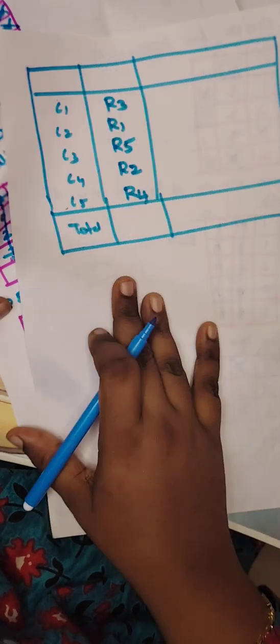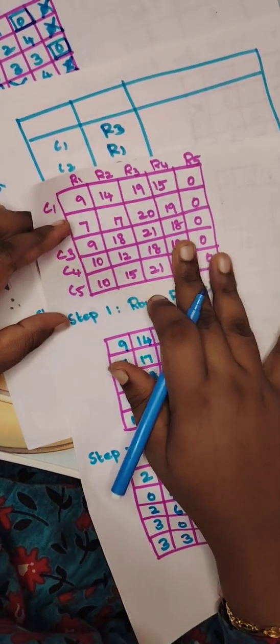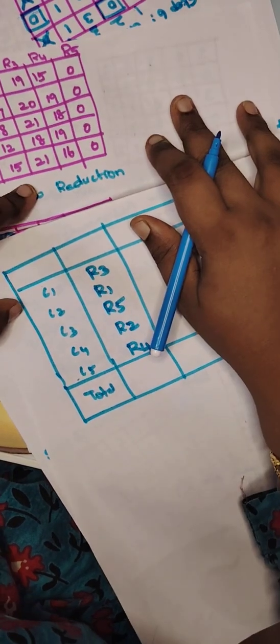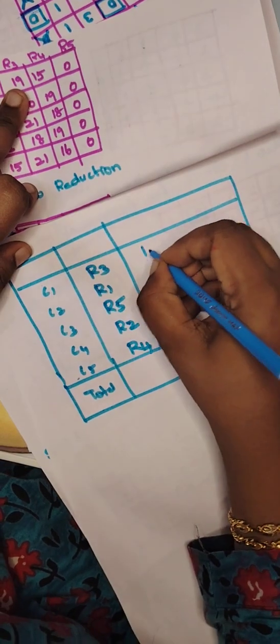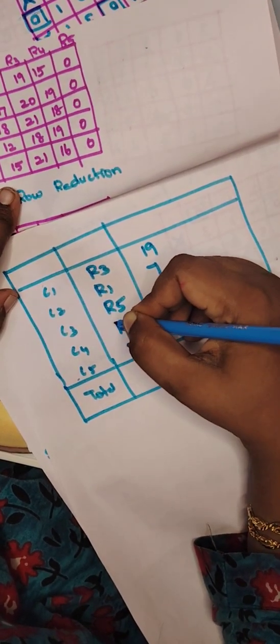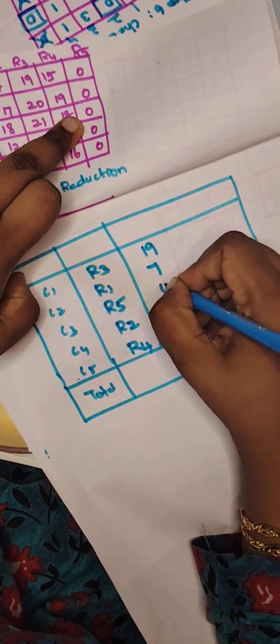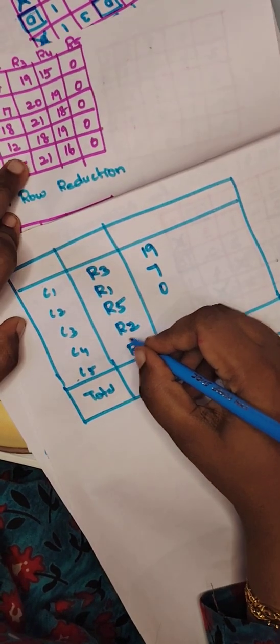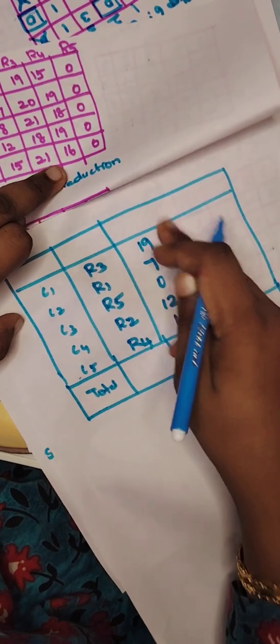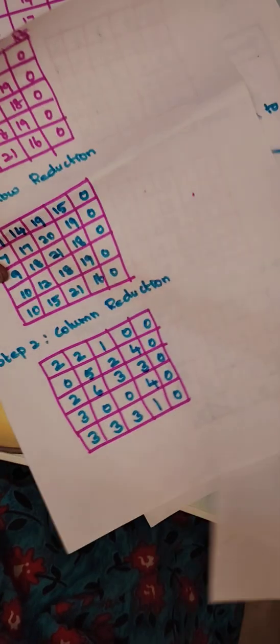Now I'm going to write the cost matrix. I'll take this value, I'm going to select this matrix here. C1 goes to R3, so C1 to R3 the value is 19. C2 to R1 the value is 7. C3 to R5 the value is 0. C4 to R2 the value is 12. C5 to R4 the value is 16. If I add all these values, I'll get the final answer,